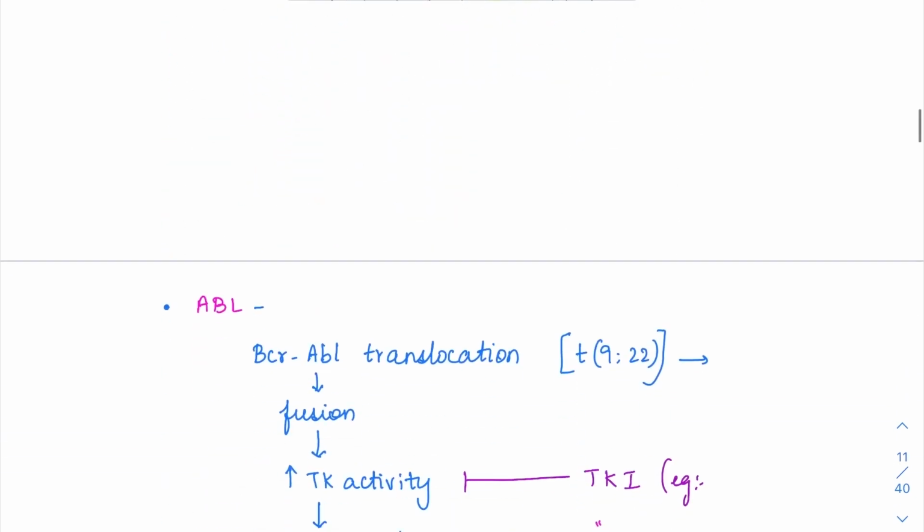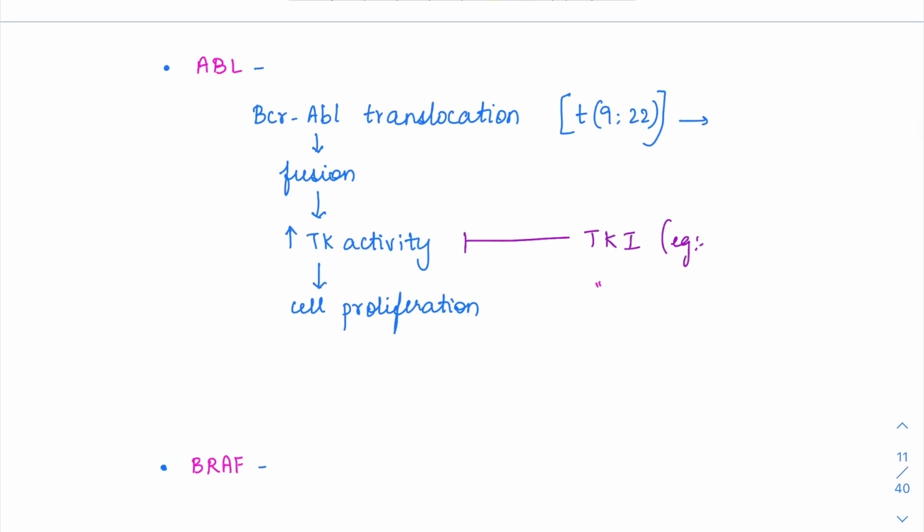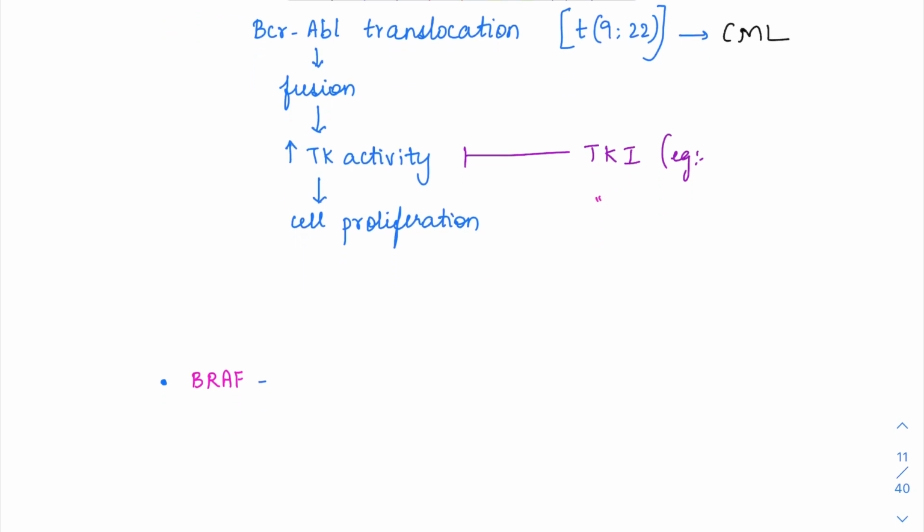Okay. So the second signal transduction protein, which is an oncogene, is ABL. So ABL, we had seen it already a number of times. It is involved in the translocation 9;22, which we see in chronic myeloid leukemias, which will result in the fusion of BCR-ABL. This BCR-ABL is going to activate a tyrosine kinase. So tyrosine kinase activity is going to be increased. That will result in cell proliferation. So if we inhibit this tyrosine kinase activity with certain drugs called tyrosine kinase inhibitors, an example of which will be imatinib mesylate, you can stop the